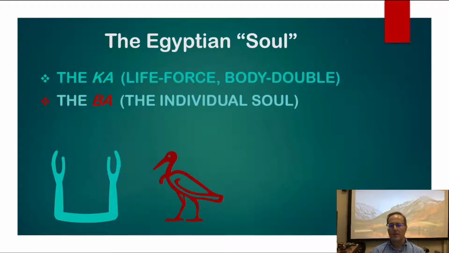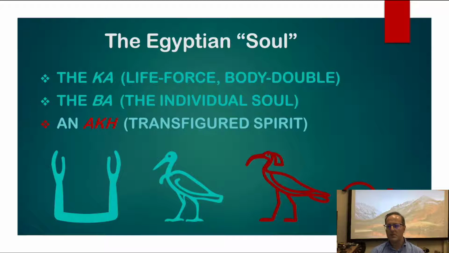The Ba, which we can call the individual soul, was another spirit soul, sometimes depicted as a human with a bird head. The hieroglyph itself, pronounced Ba, is the picture of a bird. And this soul was the one that actually held the personality of the individual, what gave them their consciousness, their individuality. And this one could leave the tomb and could travel among the world of the living and return to the tomb at night.